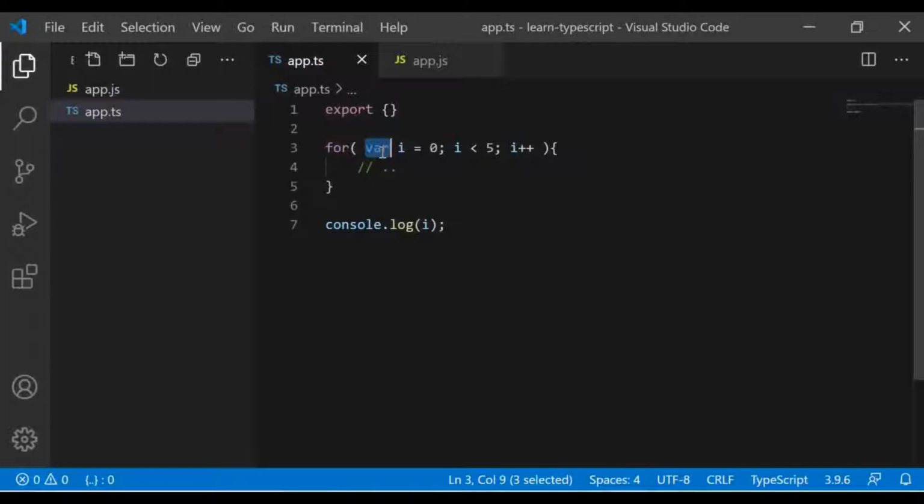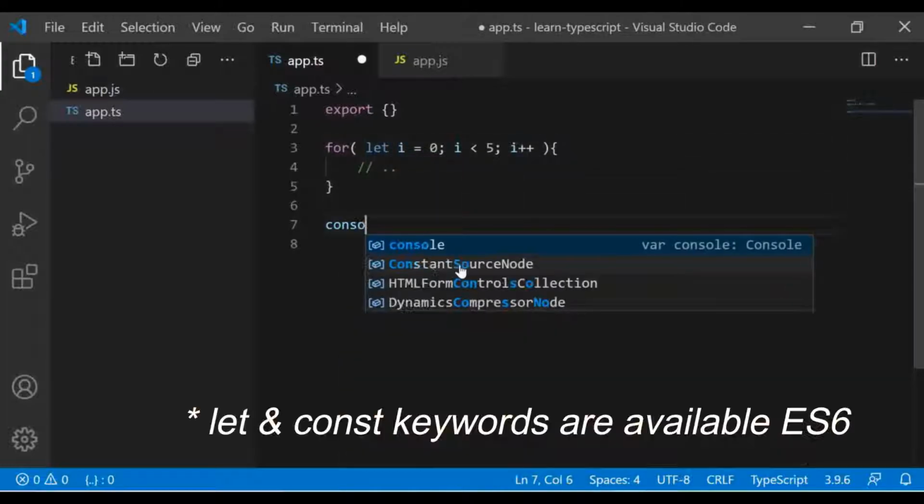Okay, so this is actually the reason for many other issues in real-time development, because it is available in the global space. For this, TypeScript introduced a keyword called let.